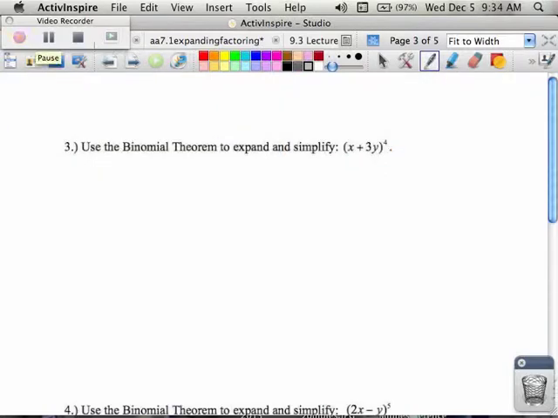I'm going to color code how we use this binomial expansion theorem to help us find out how to do the following problem. If you were